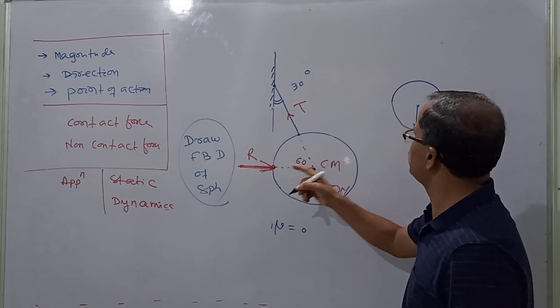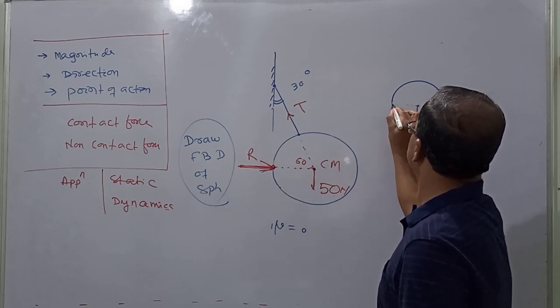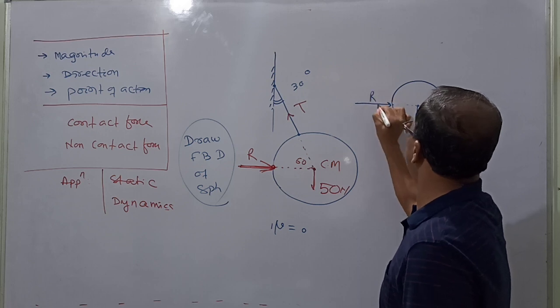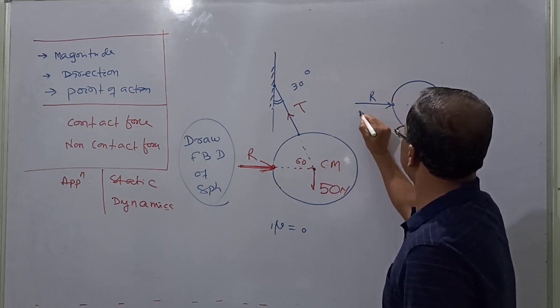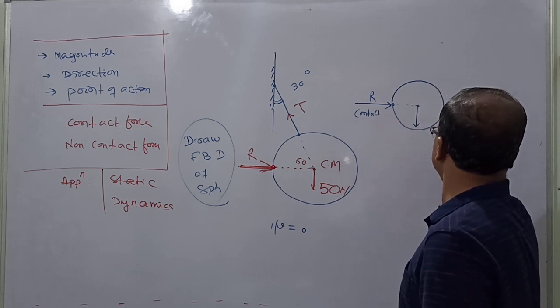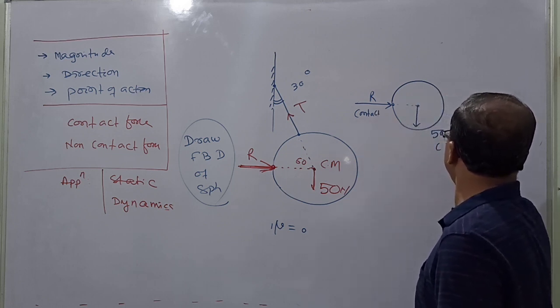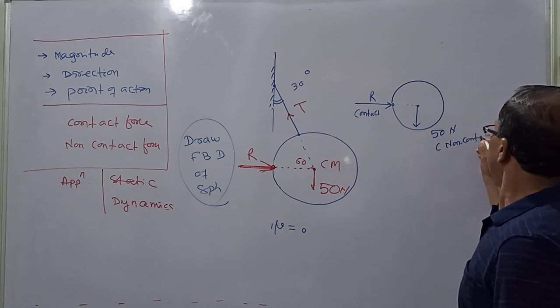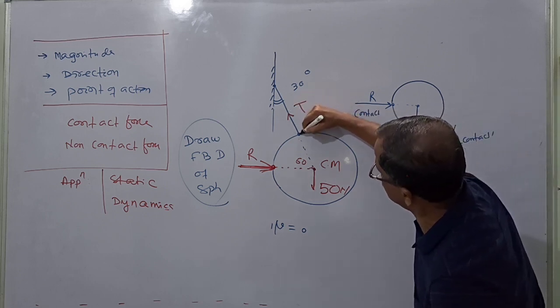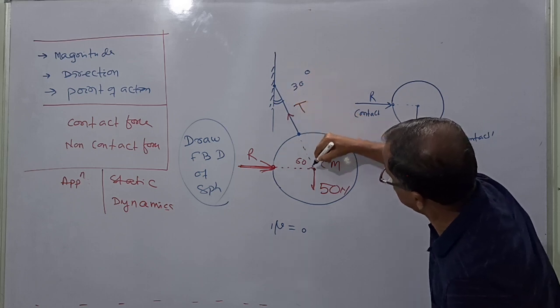Then the wall reaction is such that it passes through the center. This is the reaction R. This is a contact type force. The weight is a gravity force, non-contact type. The tension is contact type here,